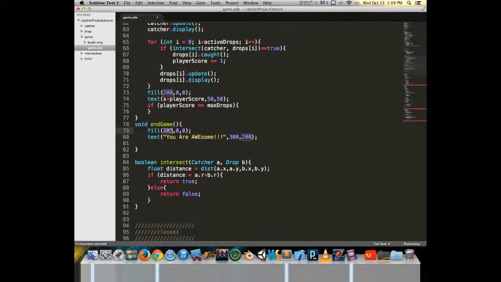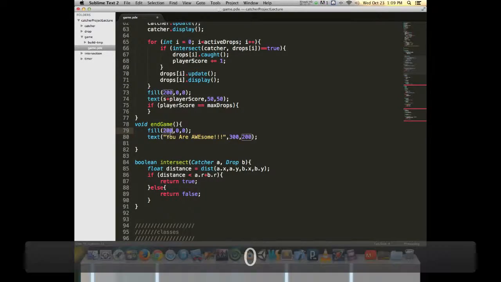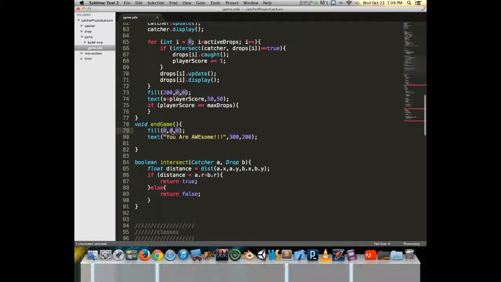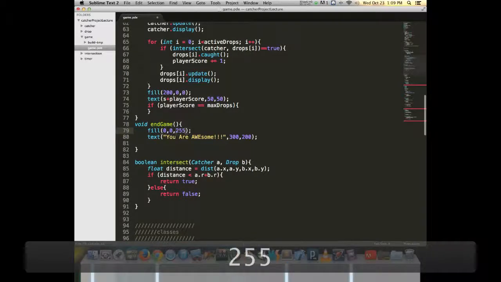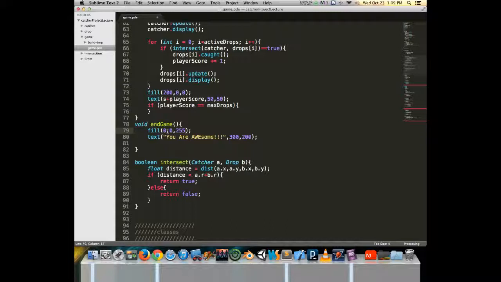I'm going to fill it with, not with red, but instead I will fill it with blue. I almost did green, but the pure green is just murder on the eyes, so I'll go for the blue, which is a much more pleasant color. So at this point it says end game, but now we can't ever get to end game unless we can